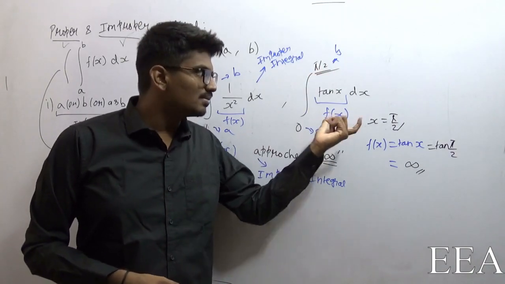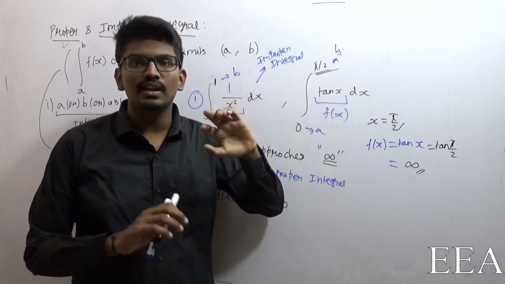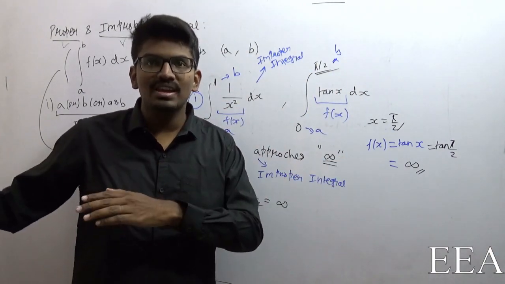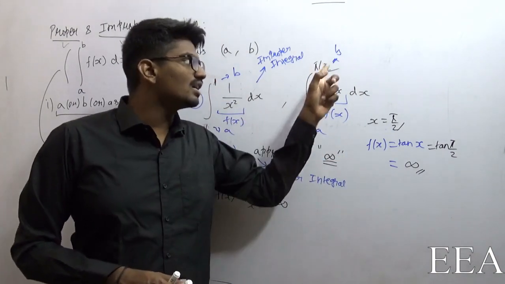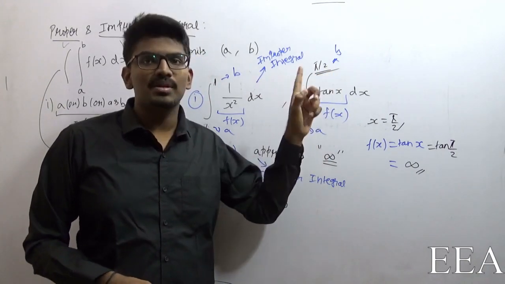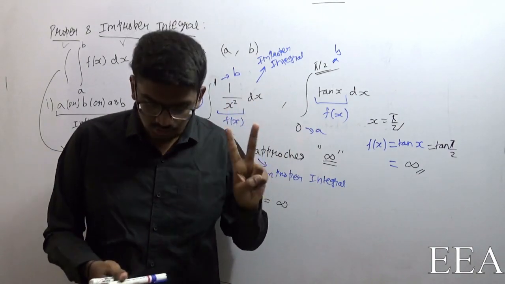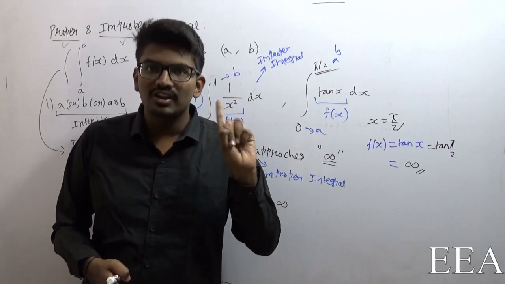If f of x becomes infinity at a, or if f of x becomes infinity at b, then also it is considered. It should be from a until it reaches b, from 0 until it reaches pi by 2. It may become infinity at 0, or it may become infinity at pi by 2. If it becomes infinity, then it is said to be improper. So let me explain the two conditions very clearly. First thing,